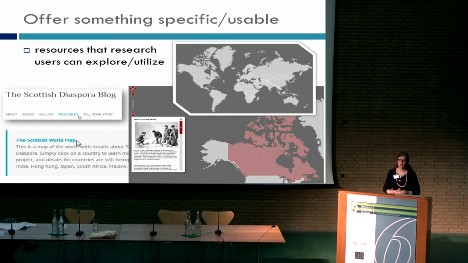I think it's critical that you can offer them something they can actually use in different ways. So to give you one example, on my blog or website, it's kind of turned into more of a website now, but I have a number of resources. This is one of them. I've called it the Scottish World Map. So it is a map of the world, as you can see there at the top. But when you hover over the countries, it will come up with a window that opens and tell you about the Scots in this particular country. So it relates directly to my research, but it's something quite different, really. It's not academic, but it's usable. I have evidence of schools having used it. Now, not every country is clickable yet, so I'm building on it, but this is really a direct translation of my work into something that's actually usable.